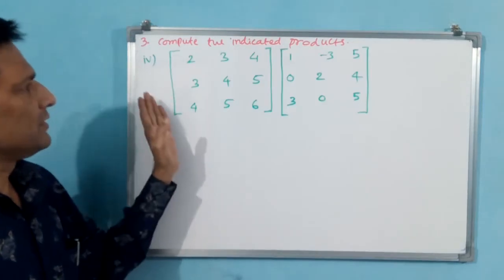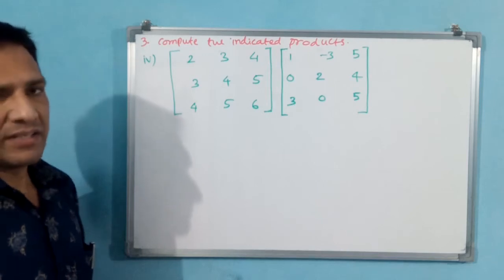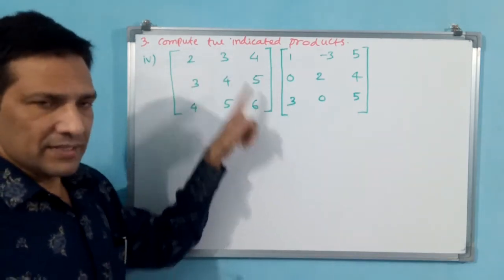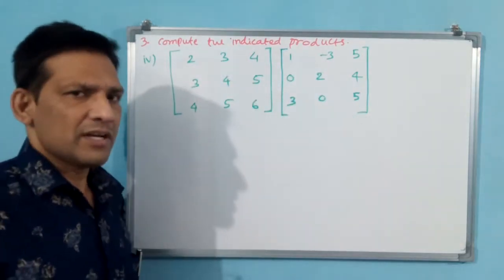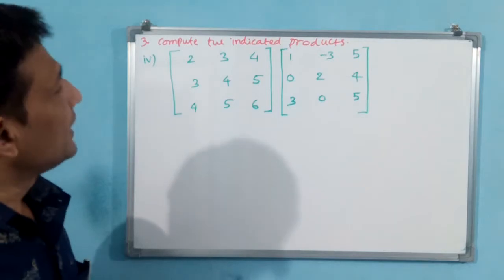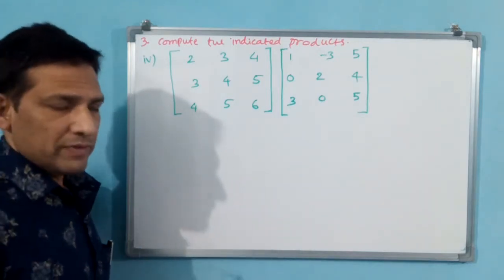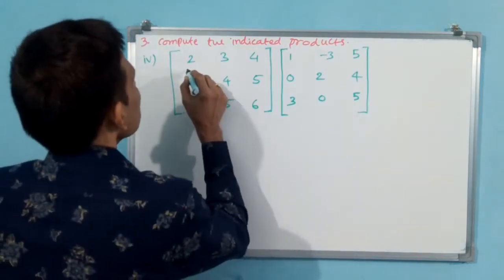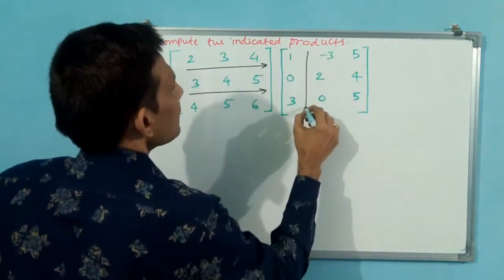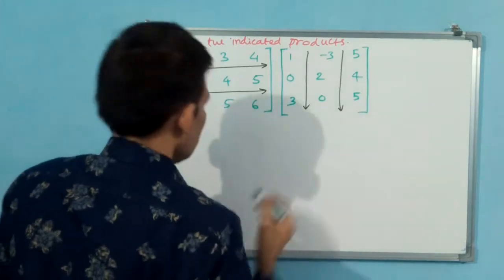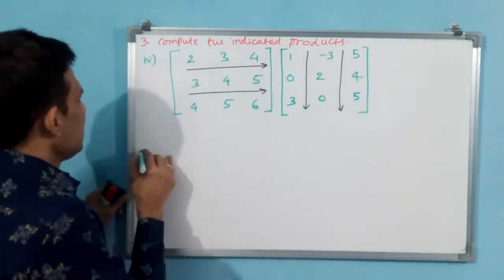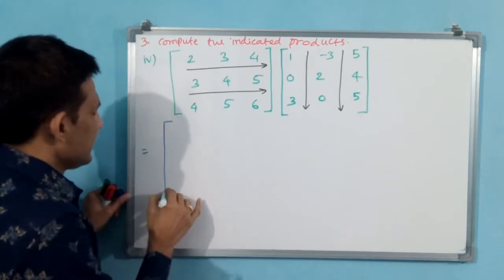Third question, fourth part. 3 by 3, 3 by 3 matrices are there. Easily we can do, but even though we have to see 3 columns, 3 rows. 3 columns, 3 rows means we can do the multiplication. Let us do the arrows. First, let us draw arrows. Now directly we will write, but we will add, that's all. Multiplication and all directly we will write.